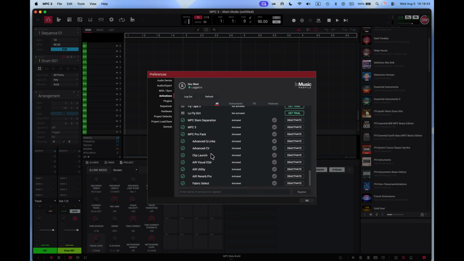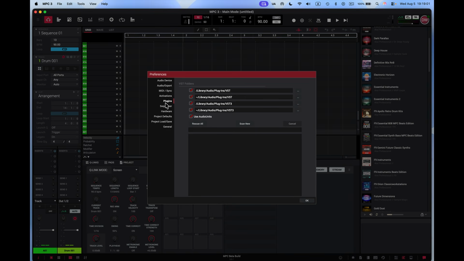Clip Launcher, Advanced CV, Advanced Q-Links. So everything's pretty much there. I also have the Pro Pack, so that's been activated. And this is what's in the Pro Pack right here. And of course, MPC 3. This is great. And so you want to do that too. Check your plugins here too. If you have plugins that you got from other companies, it's important to get those plugins to work also in your MPC, because the MPC